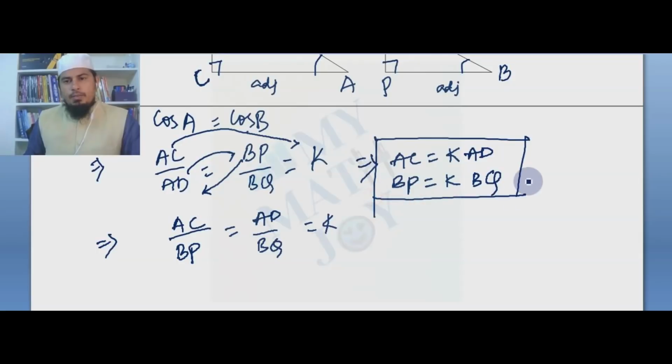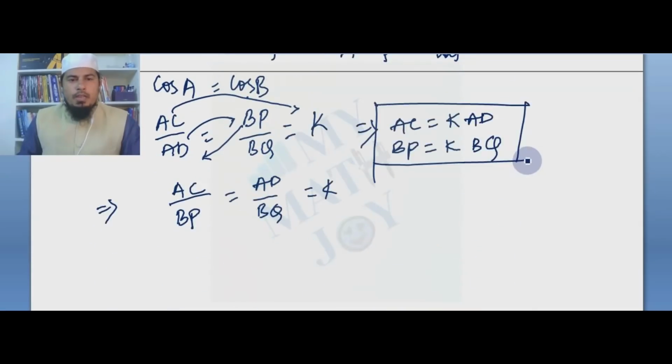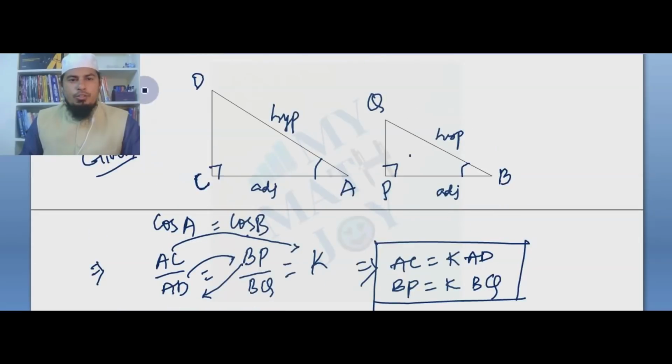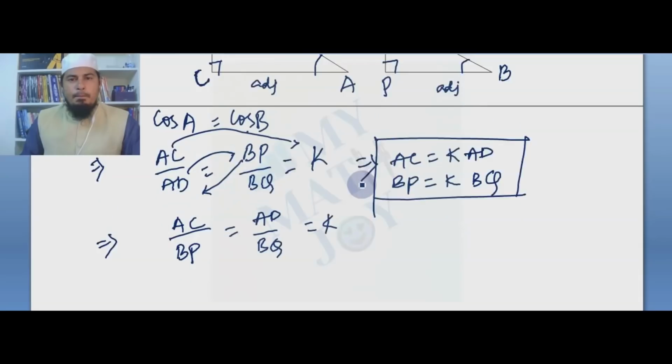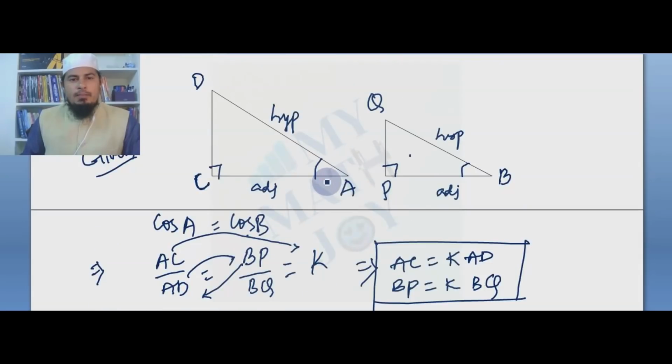Maybe that will be useful to us in the next steps. Now what I want, these two ratios are corresponding ratios of the sides. What will be the third ratio? It should be CD divided by PQ. So now, CD divided by PQ, I'm having this ratio should be equal to, so what shall be CD